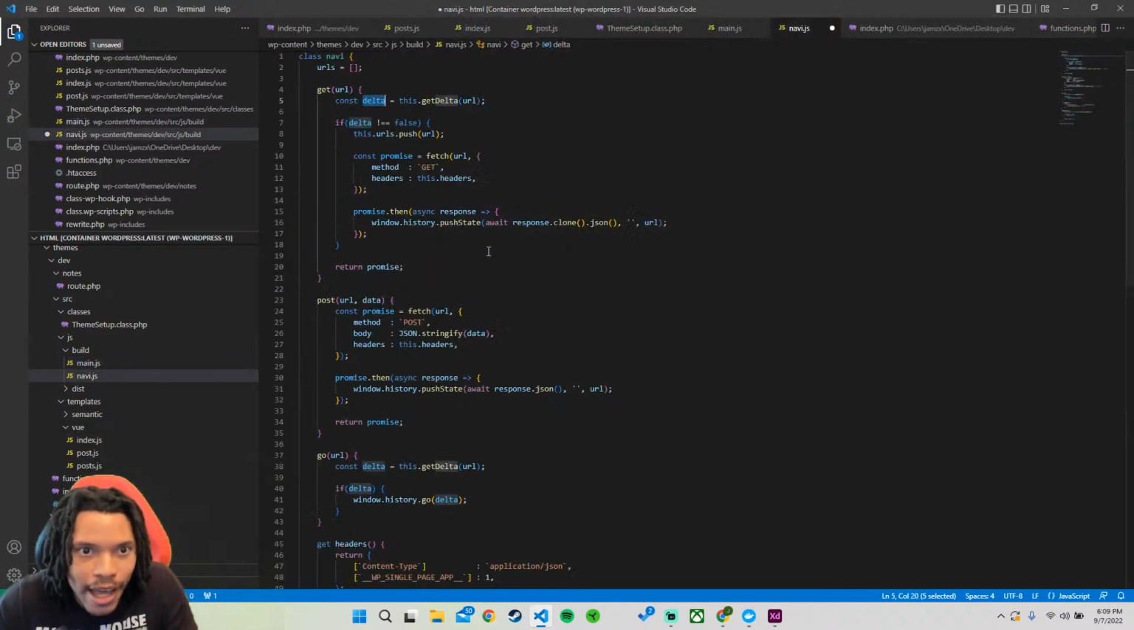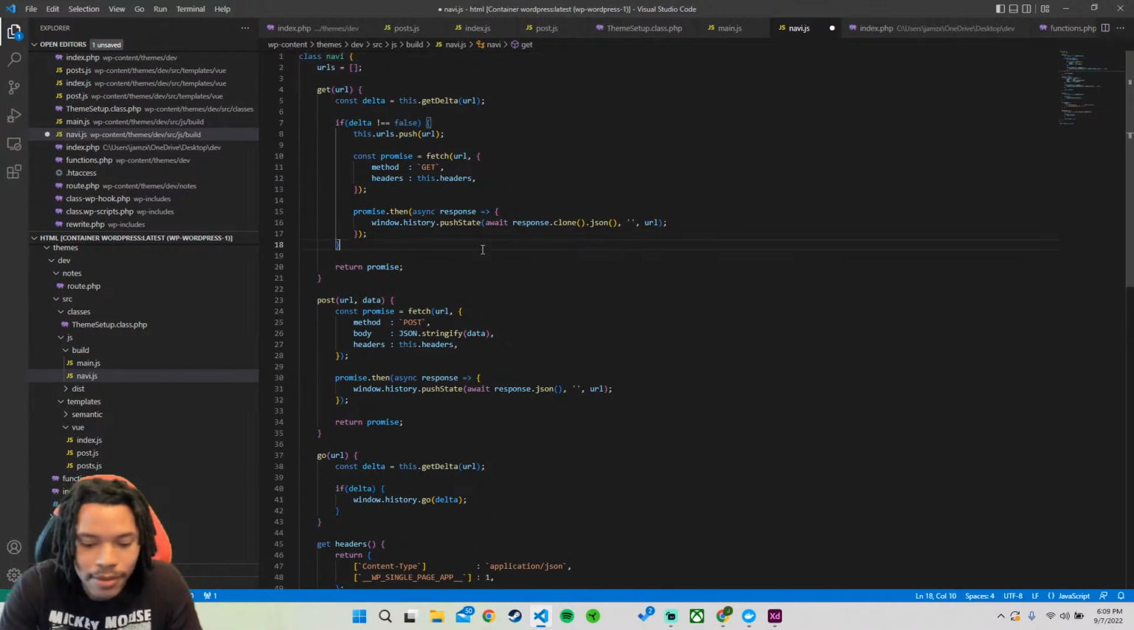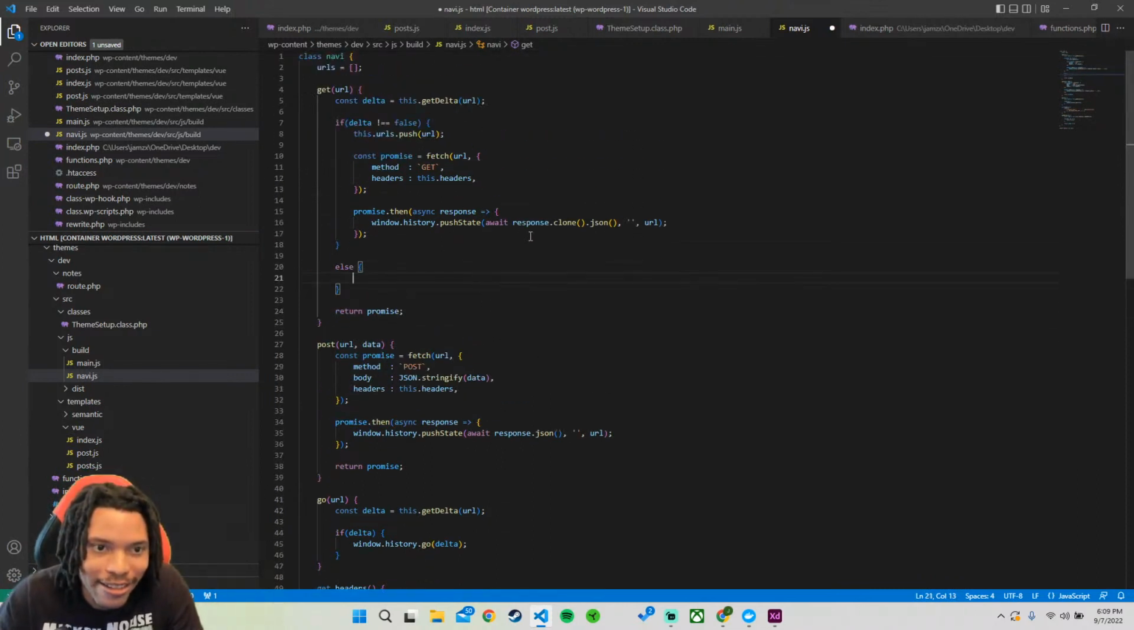Okay, that's what I'm gonna do. I'm gonna do some caching. So right here, we're gonna check if it does not equal false. Push the state, and then anything else, then we do else. We're gonna do something hacky, but whatever. So if delta does not equal false, then we're gonna do our normal fetching from the server. Otherwise, we're just gonna get it from the cache. So basically, we're gonna get the JSON data that we already got before from the cache, and then,